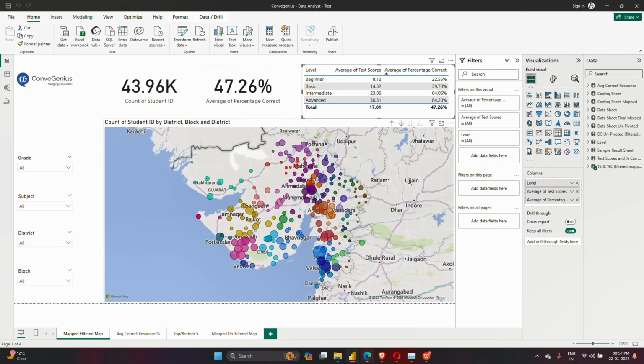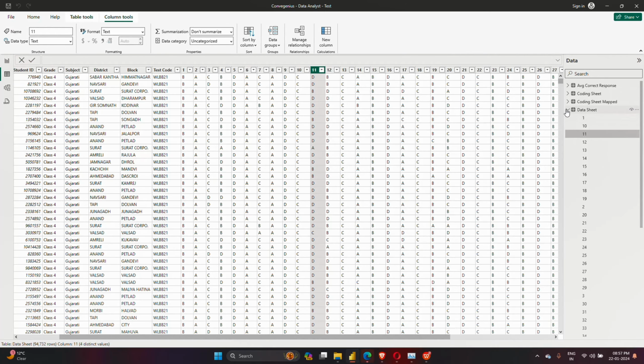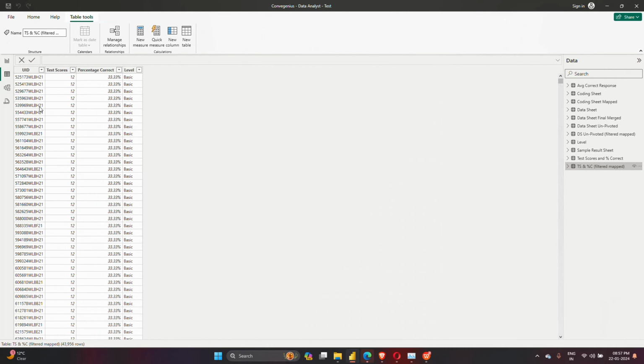Now, all right, so I have added from TNC level percentage score test scores that I have added. Let me just show you as well. Yeah, so basically I did the aggregation, remember, group by on the basis of UID. Then I've calculated the test scores, percentage correct, and the level. And similarly in this one, you can see zeros, so that is the unfiltered one. This is the